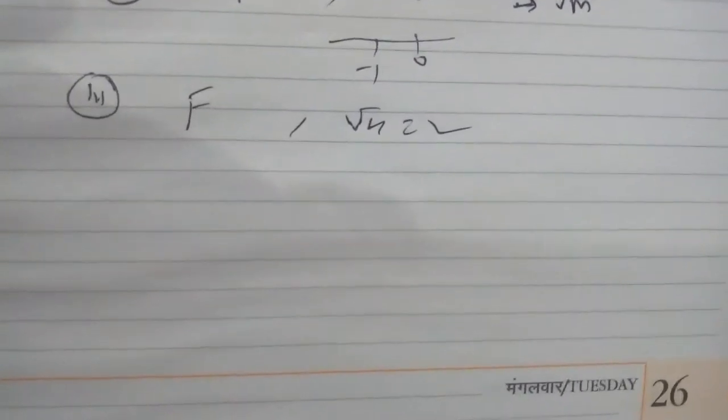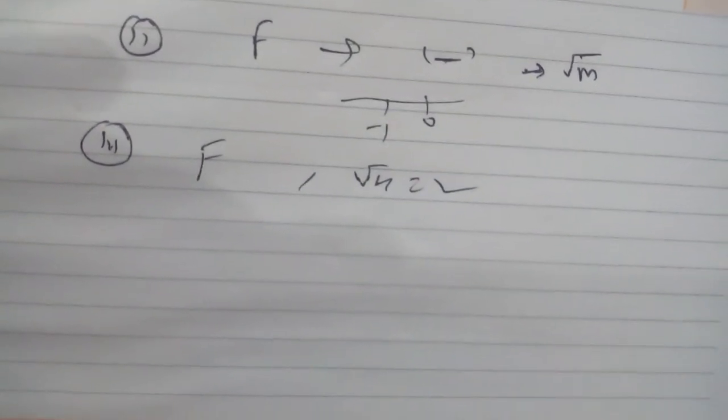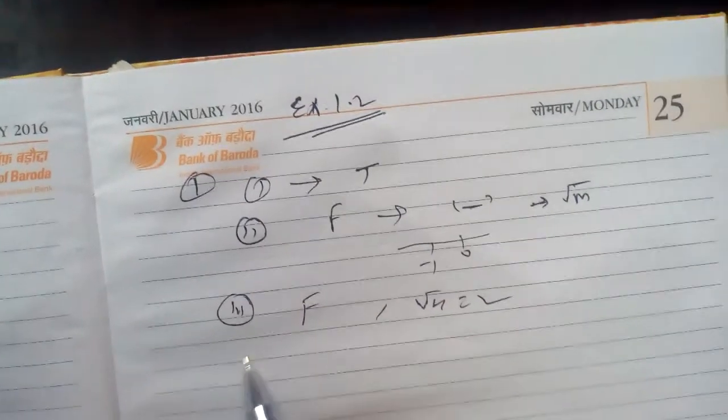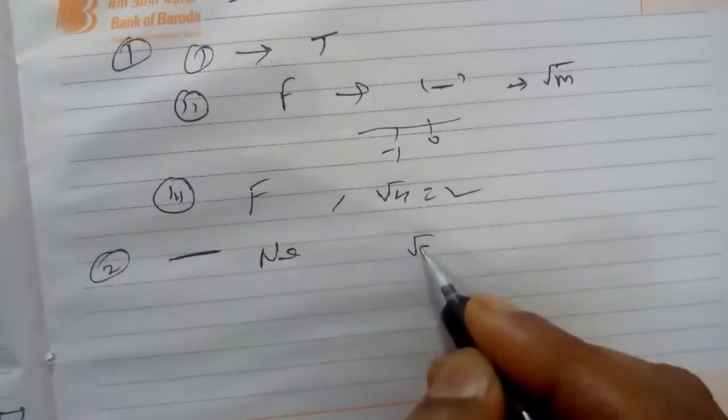You will get the second question: are the square roots of all positive integers irrational? No. All positive integers' square roots are not irrational. You can do it easily. No, like root 9 is 3. You write down root 9 as the example. It is a real number; all real numbers are not irrational.